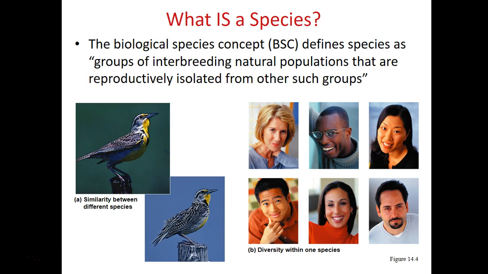On the other hand, you can have a huge amount of diversity within a species, like in the human species Homo sapiens. Individuals can vary dramatically in their appearance. However, we are not reproductively isolated from one another because you can meet and marry and reproduce with somebody of any phenotype.